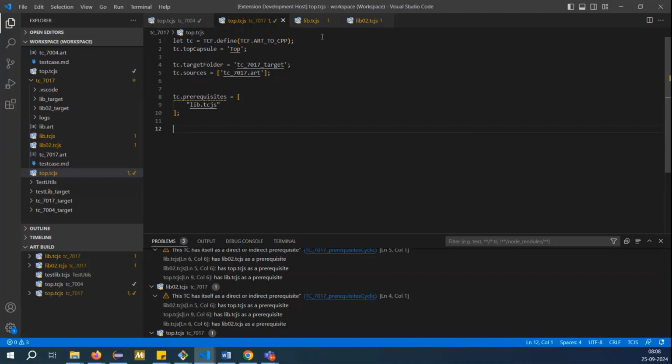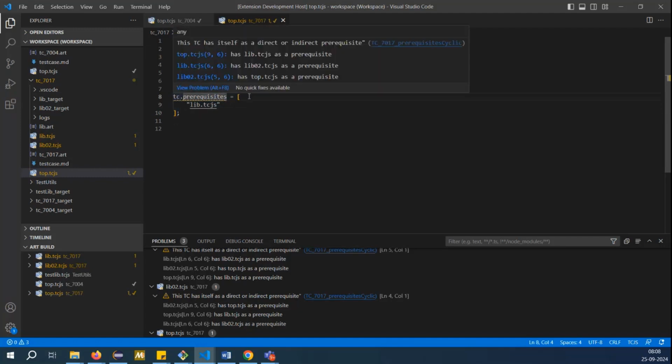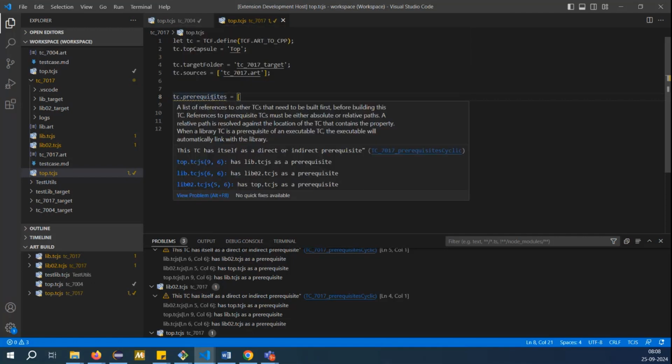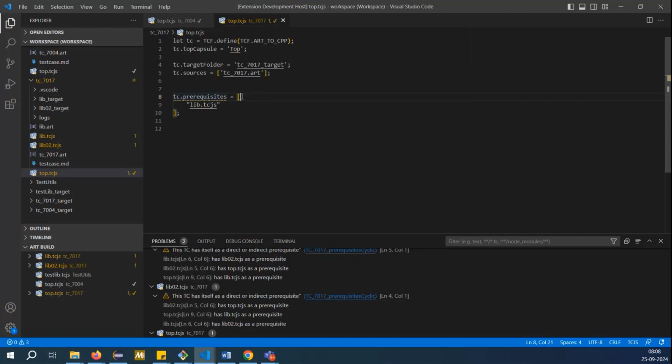Okay. We have here this first example that will exemplify this validation, which is especially useful when we are handling a large number of dependencies. I don't know if you all know that we have in the TCE files a prerequisites property that lets you add other TCE files as dependencies that could be